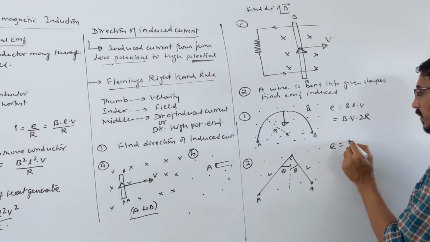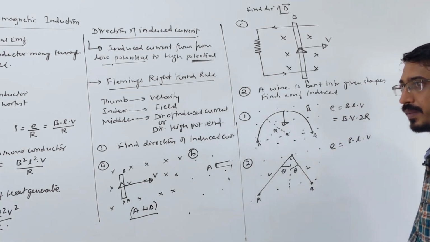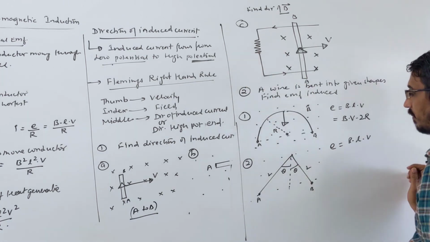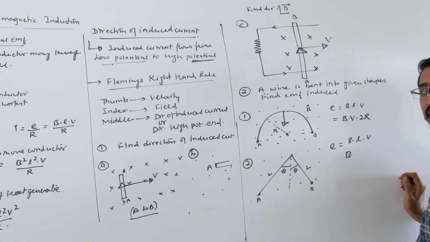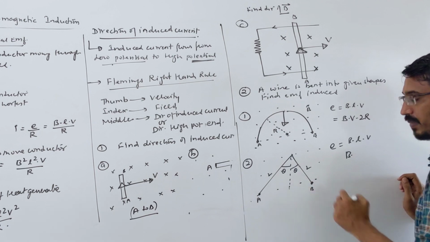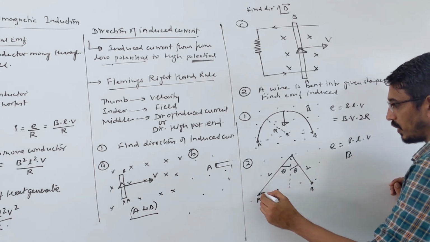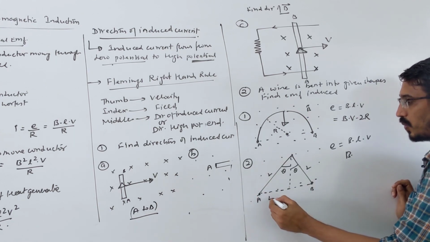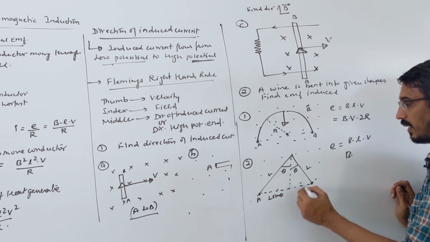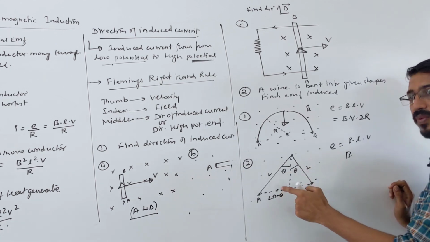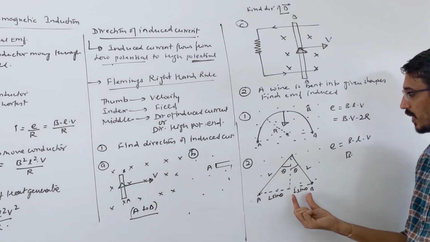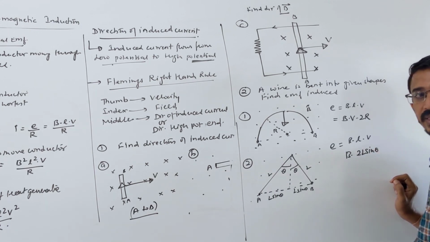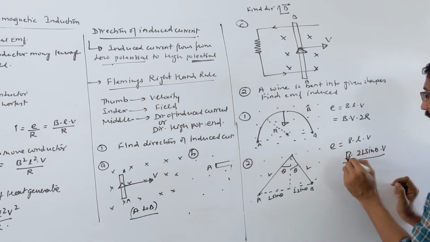So you will write your formula E is equal to what again? B L into V. Correct. Magnetic field into length into velocity, okay. So look here, magnetic field will be given, no problem. Now length means the distance between point A and point B. So what you have to do is use geometry here. This is a triangle. This side we know is L, that angle we know is theta, so that value should obviously be L sine theta, correct. Exactly that also is L sine theta, or the angle may be different, this length may also be different, you have to write that distance. So here it becomes 2L sine theta, yes or no, into V. That will be your answer in this case.